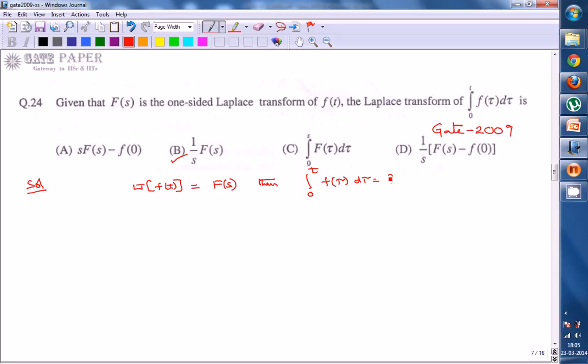So here, using the integration property of the unilateral Laplace transform,